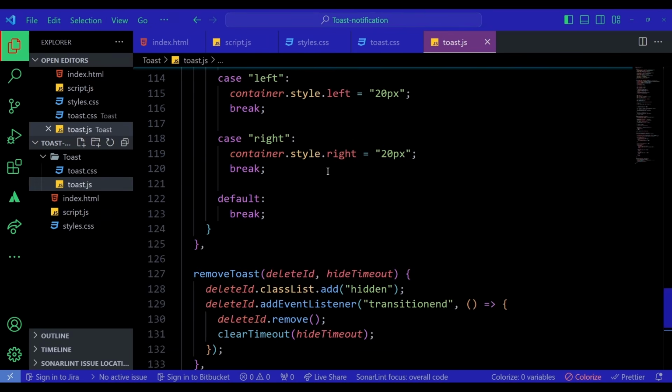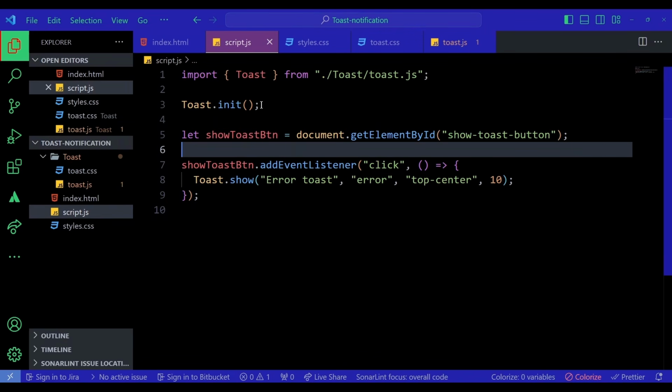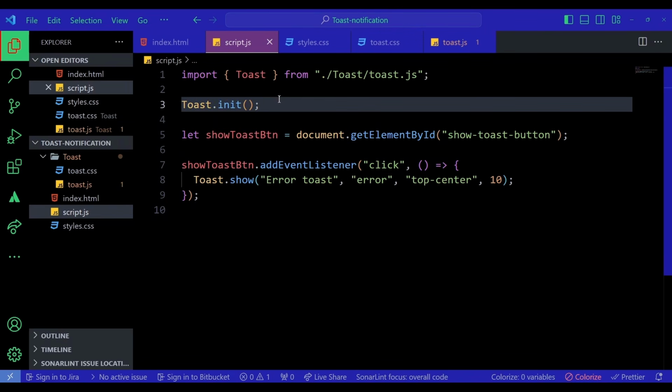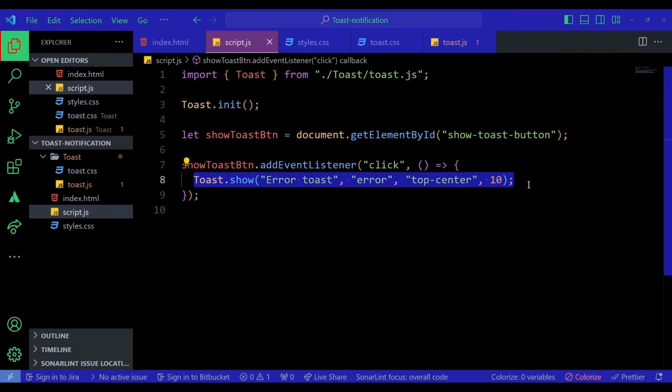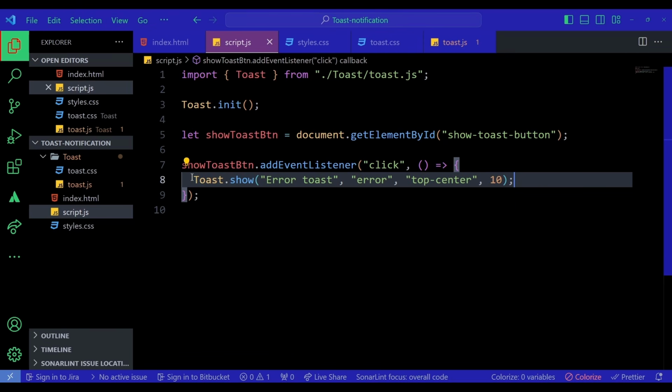So much so that once you're done writing the logic, this entire logic for your toast app, then you just have to initialize that toast on any page of your code, and then you can utilize the different functions of that toast object. You can use toast.show like this, similar to how we do in NPM libraries, where you just have to write toast.show or toast.display and so on, or toast.success, and it respectively shows you the toast message with